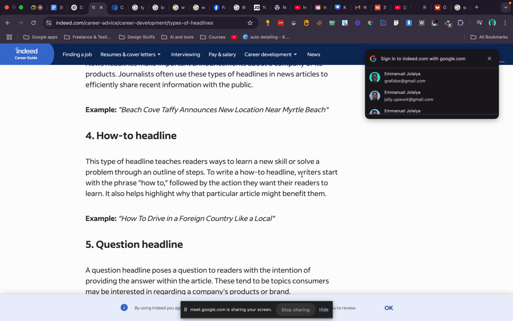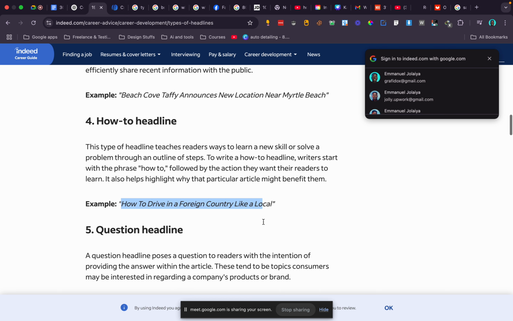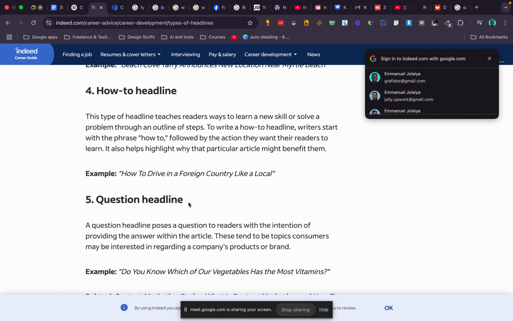To write a how-to headline, writers start with the phrase "how to," followed by the action they want their readers to learn. Yes, how to ride a bicycle, how to drive a car. An example is this: how to drive in a foreign country like a local.